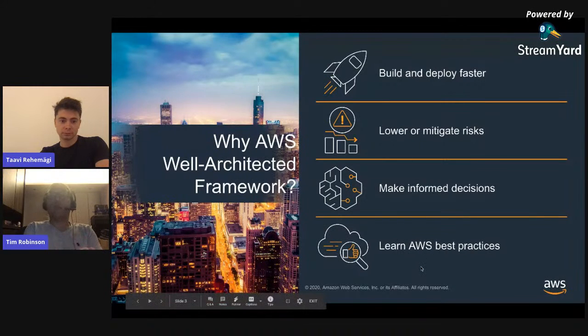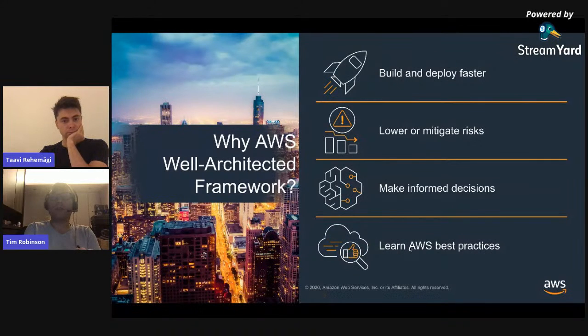Finally, and probably the most important, is the ability to learn AWS best practice. And that works for the customer, and it also works very well for AWS. So from my perspective, it's always been true that happy customers are normally well-educated customers from a service and platform point of view. So the more we can instill best practice ideology and knowledge about new releases, release cycle, how services evolve over a period of time, normally the happier customers are, and the more they're willing to share and build that trust with us.